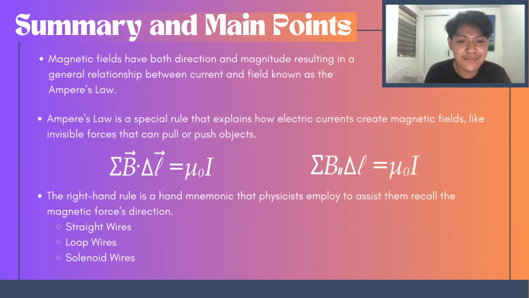Okay? The second one is for loop wires. There is a right-hand rule for a current carrying loop which helps us remember the direction of the B field. The palm curves in the direction of the current in the loop. The thumb indicates the magnetic field direction. This direction is perpendicular to the loop. It's also the direction of the magnetic moment,